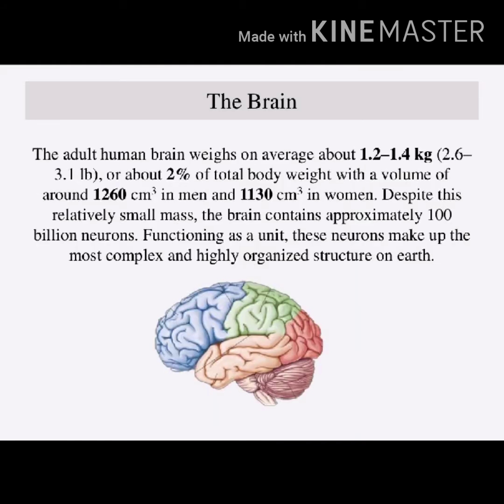Next, the average adult human brain weighs 1.2 to 1.4 kg. The brain takes up only 2% of the total human body weight, and has a volume of around 1260 cubic centimeters for men and 1130 cubic centimeters for women. Despite this relatively small mass, the brain contains approximately 100 billion neurons, and the neuron is considered the functional unit of the brain, making up the most complex and highly organized structure